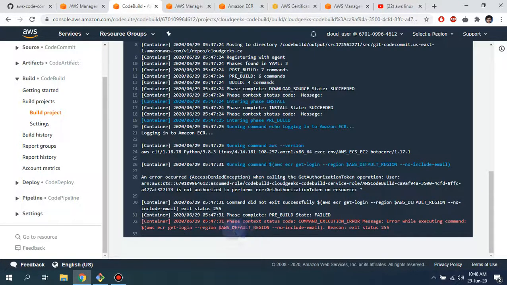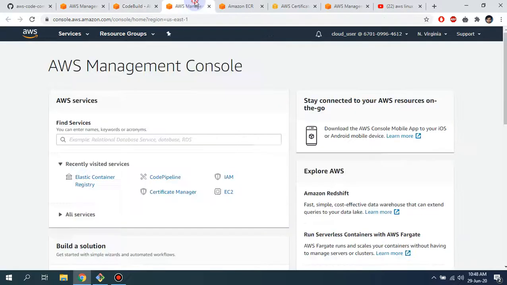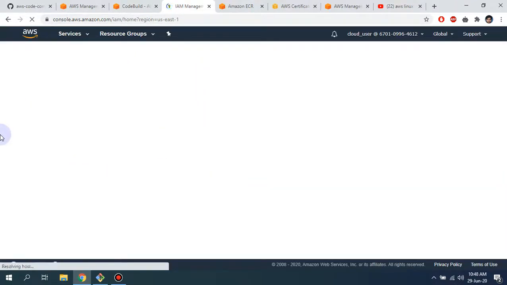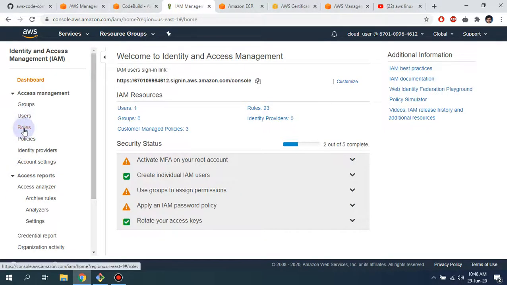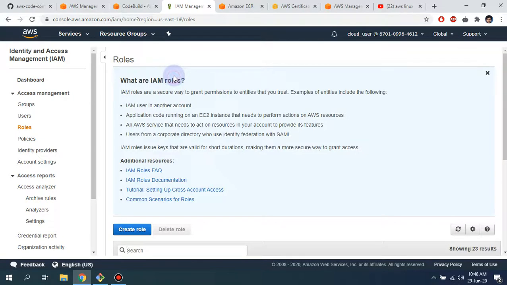Why is it failing? Phase context status, command execution, error while executing command: ECR login region. This command is not working, which means that CodeBuild has no permission to access the ECR. So as I told you, I'm going to navigate to the ECR section, and I will navigate to the roles section and look for the default role which we have created, and simply navigate to the role and search for the